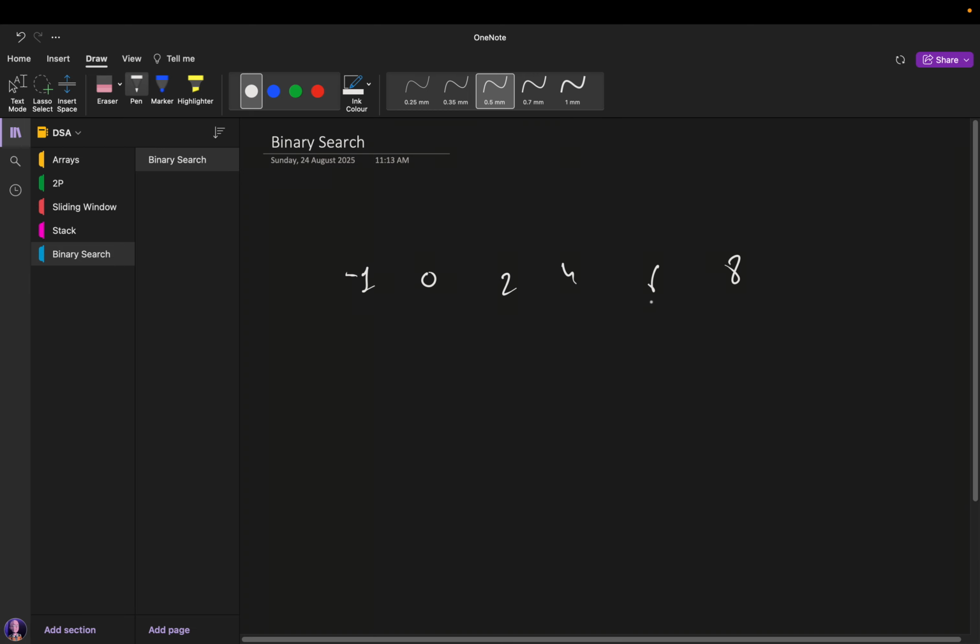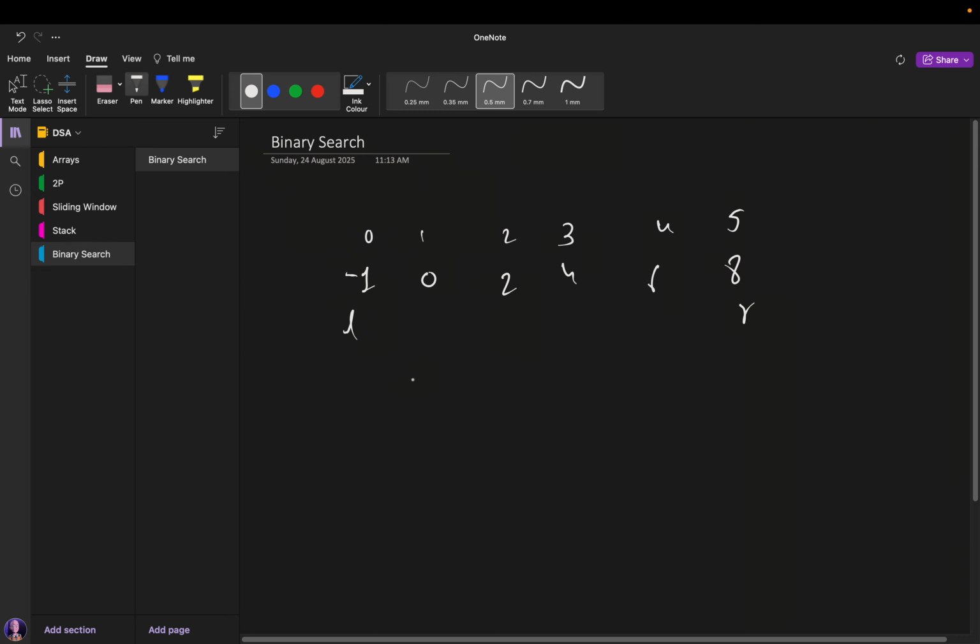-1 0 2 4 6 8. Okay, so if we search it one by one, that will get us a complexity of n. So what we will do here in binary search is try to figure out the mid element. We'll put the left here, we'll put the right here, and we will always check the mid element. So let's put indexes also: 0 1 2 3 4 5. So the mid element is